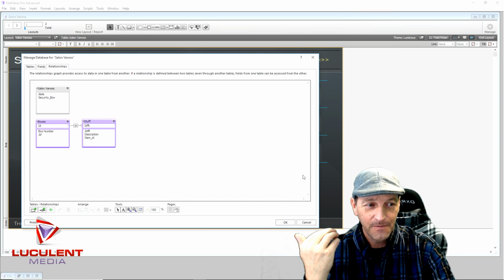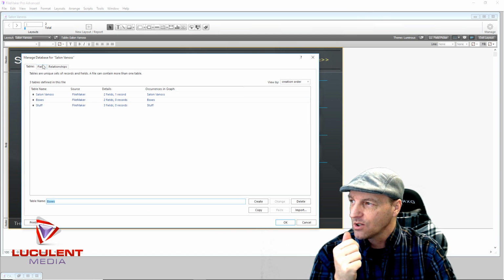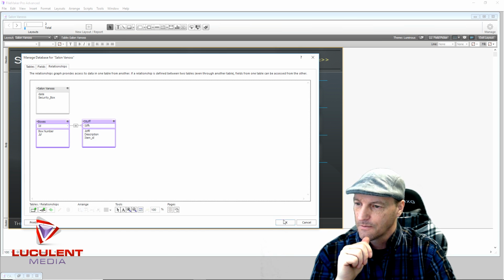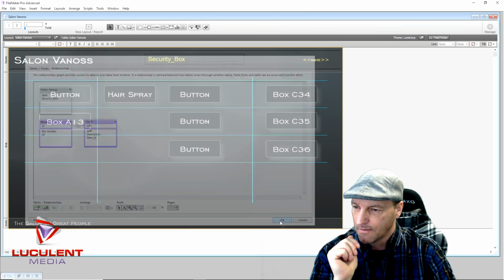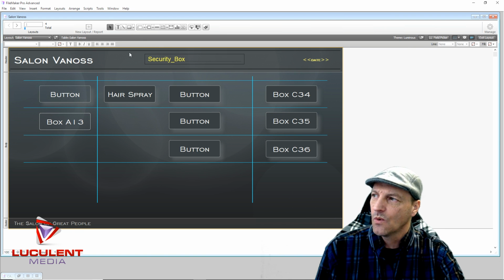In this reason, it'll become very evident very quick. So we now have our tables. We have 3 tables. We now have fields, and we now have relationships. And we'll say OK. Now, one of the things that we want to do is we want to go to,